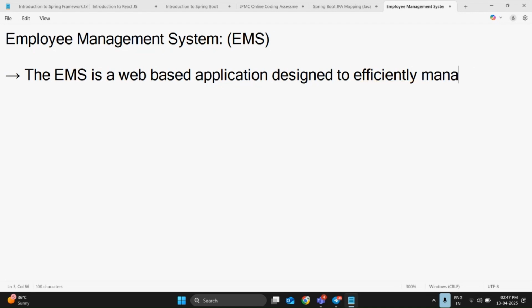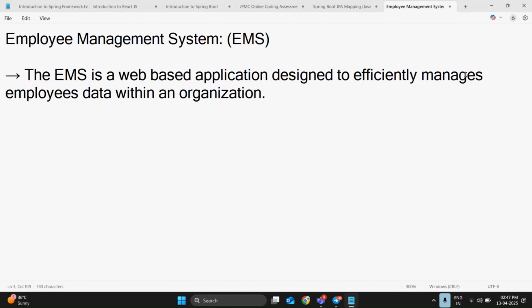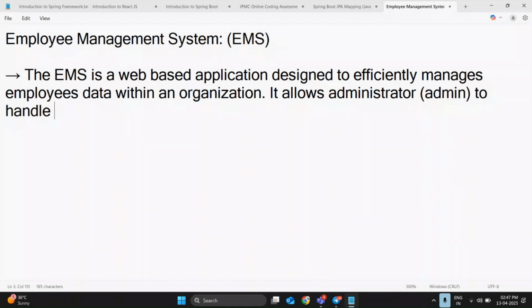Efficiently manages employees' data within an organization. Next, it allows the administrator, in the sense admin, to handle employee records and enable operations such as